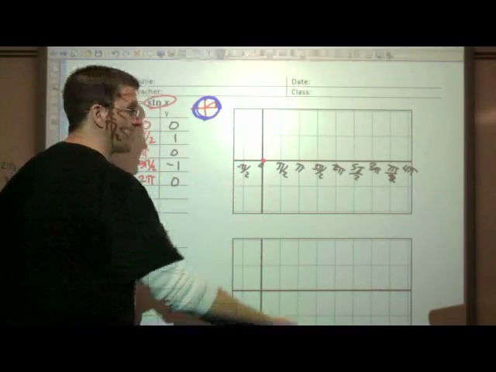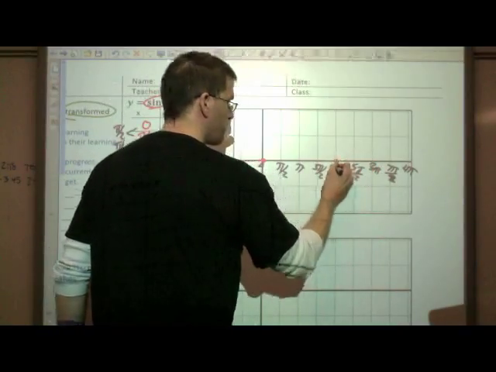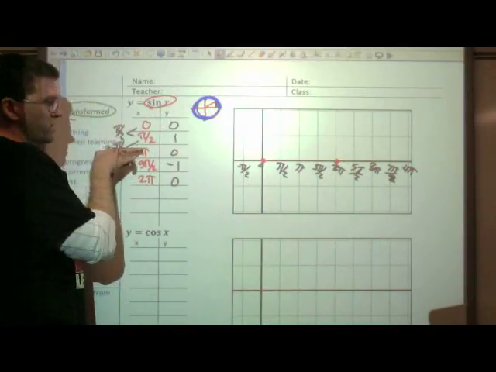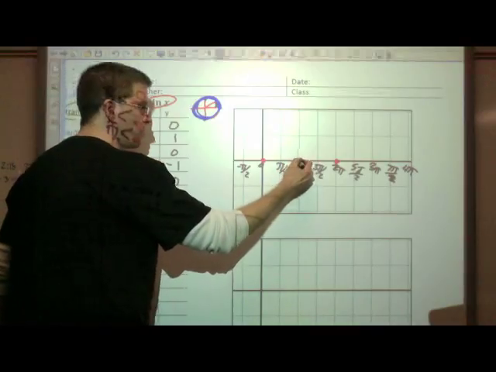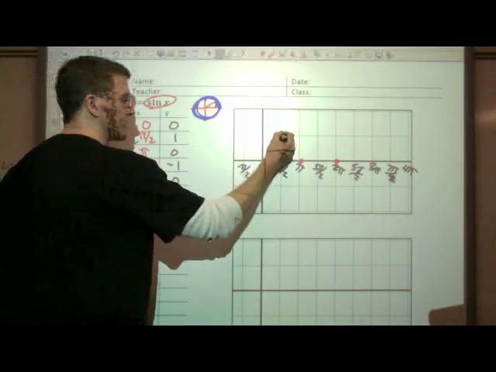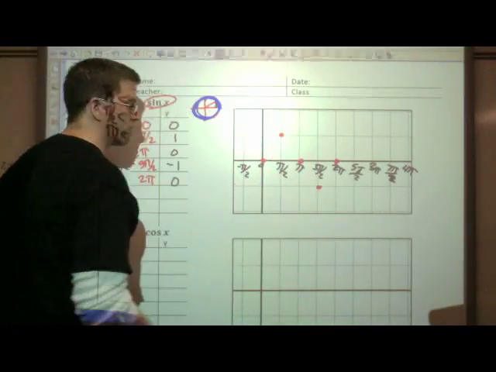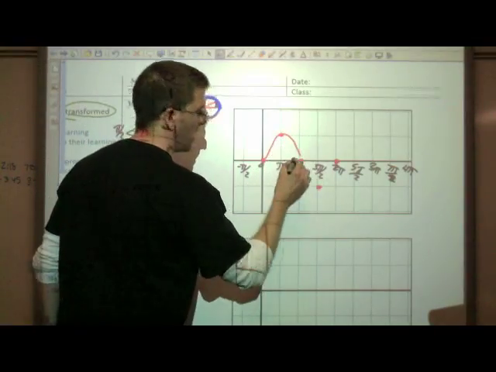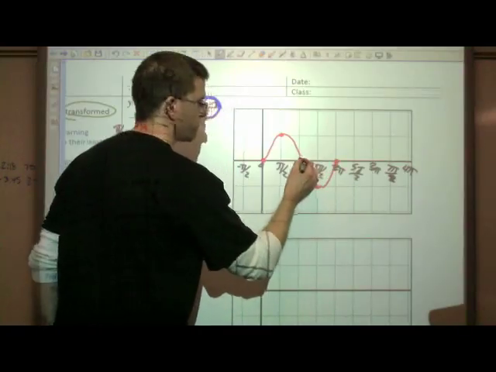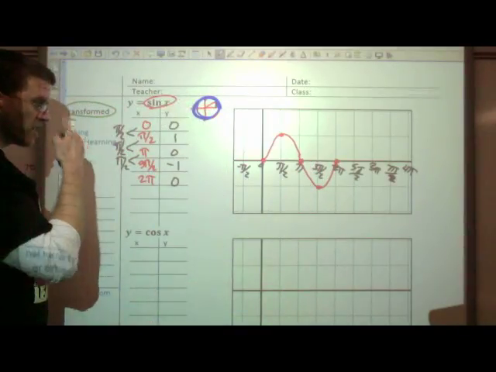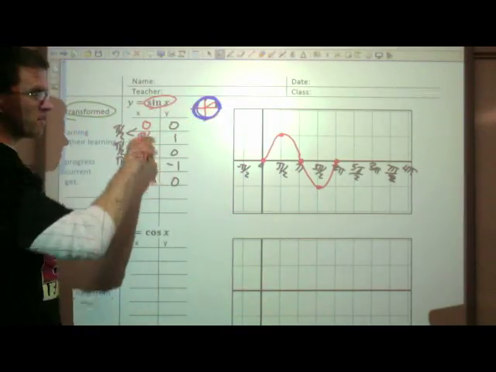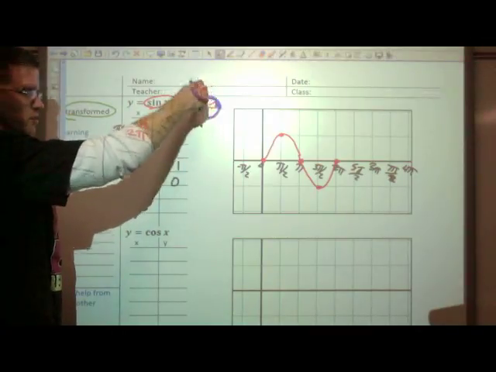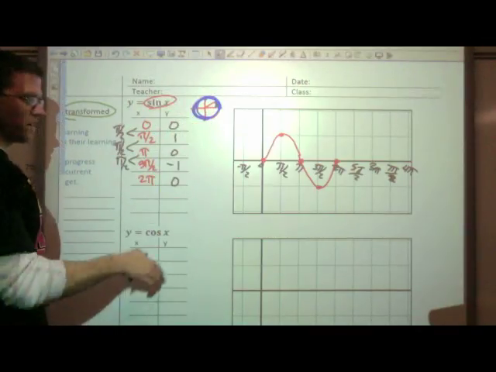0, and then 2 pi is when it repeats. Halfway between those 2 points, notice sine crosses at 0. Between those two, it crosses at 1, and then negative 1. Now, all of these values in here, when graphed more precisely, actually look like this. Now, since this is talking about the vertical distance of a point inside of a circle moving around, the values